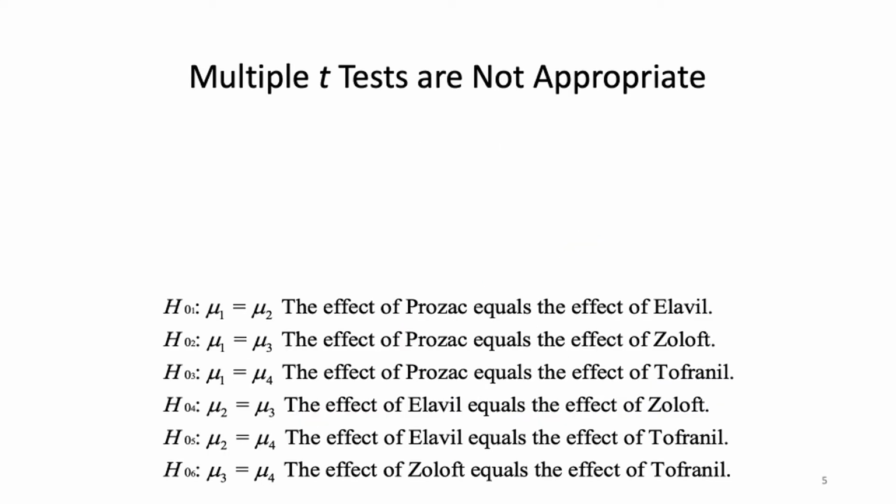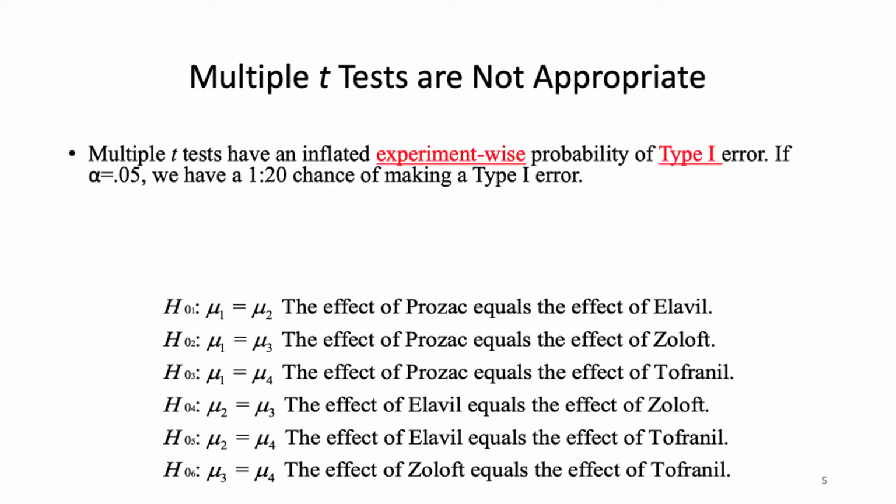So simply conducting a series of multiple t-tests is not appropriate. Multiple t-tests have this inflated experiment-wise, or family-wise as it's sometimes referred to, probability of type 1 error. If we set our alpha value at 0.05, alpha being the proverbial p less than 0.05, then we have a 1 in 20 chance of making a type 1 error. That's 5%, right? Now, if we run t-test after t-test after t-test, let's say we have 13 or 14 groups,